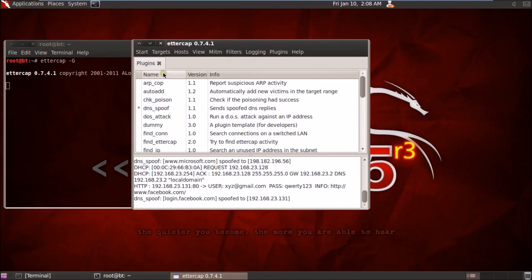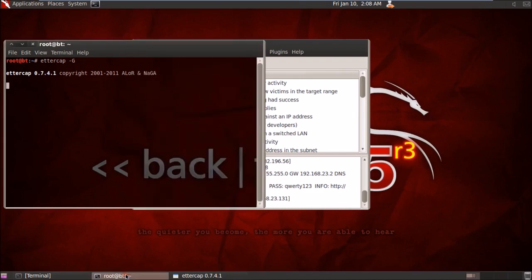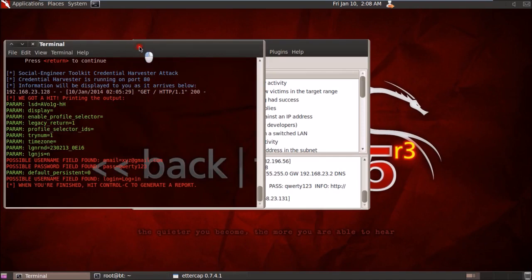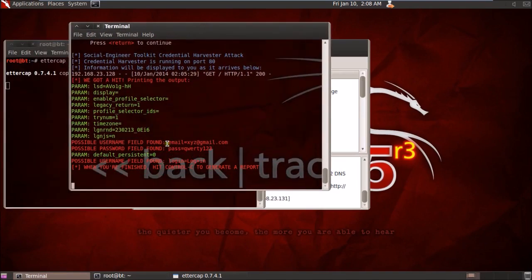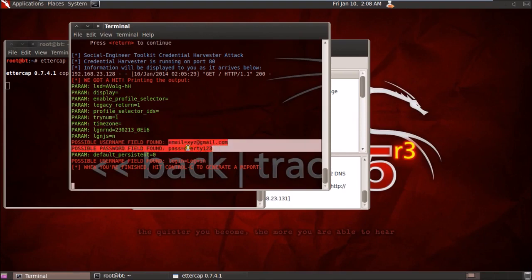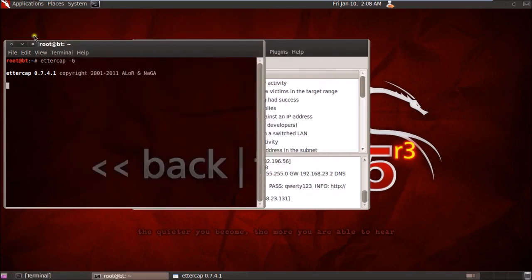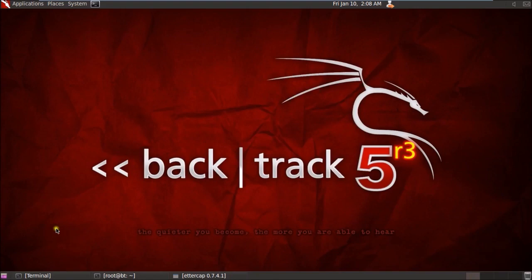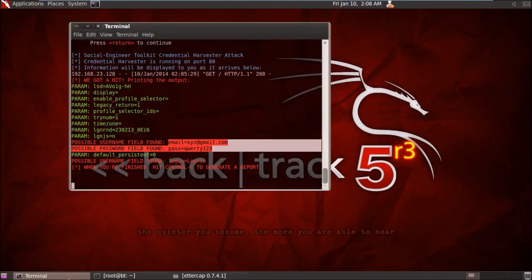This is how you have managed to steal the information using the DNS spoofing attack. And this was the original setup that I had made. Email, password, so I had both. I had my ettercap for backup, just in case the earlier setup couldn't trace it. Anyway, I've successfully extracted the information. This is how you can do it.